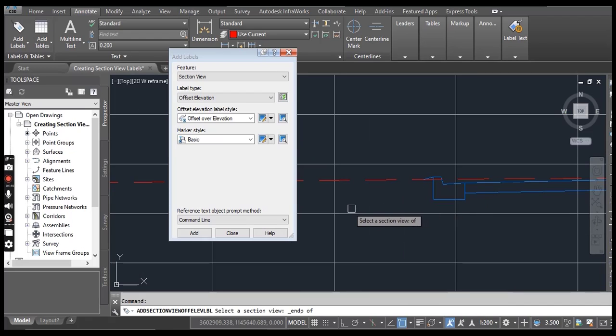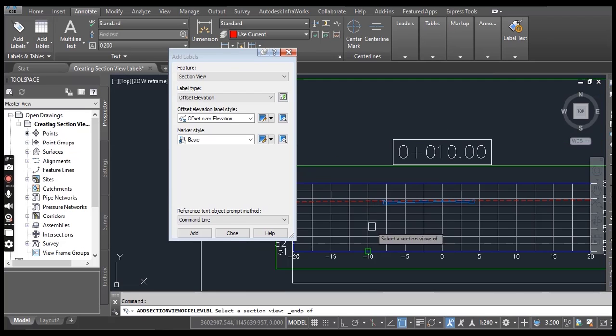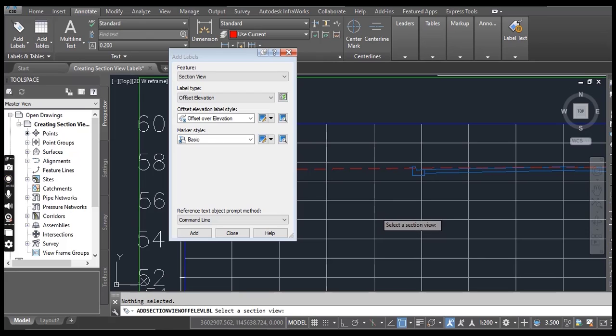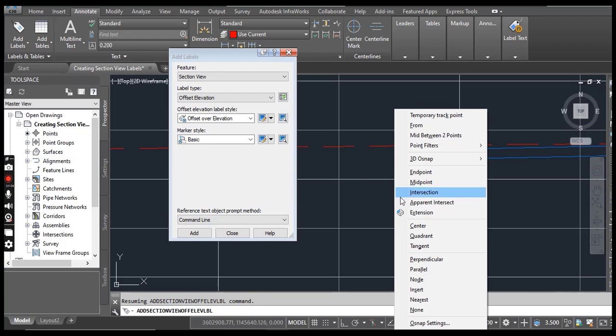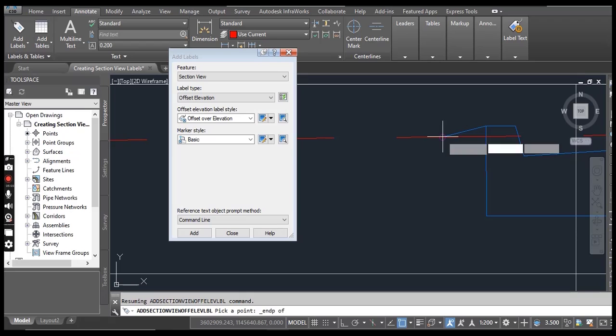First of all, you need to select this section view. Click anywhere on the grid. Now it will ask you to pick a point, then Shift right click and select Endpoint. Now you can select this endpoint of your curb.